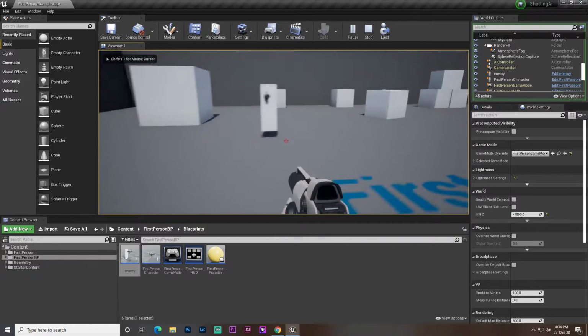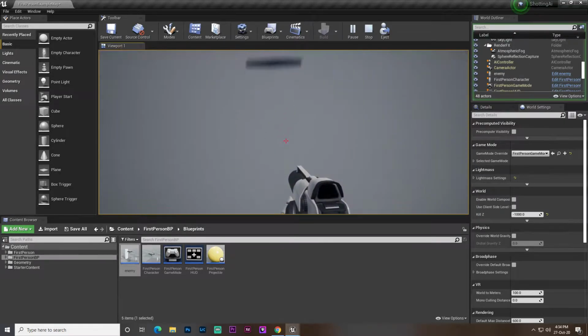Here he's coming. Now he will shoot us after 300 distance. Okay. Now the correctly defense is only